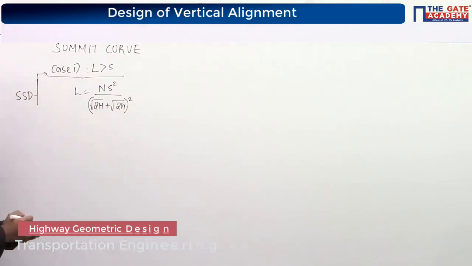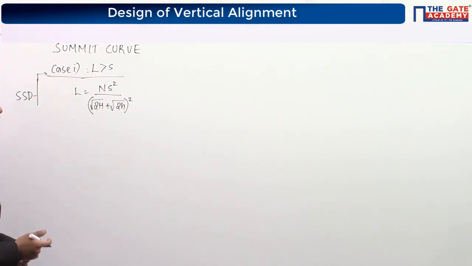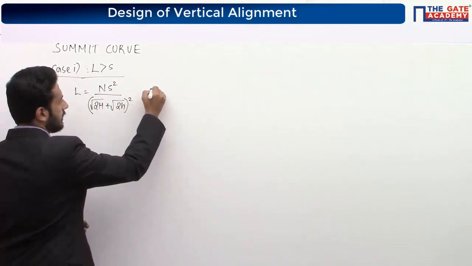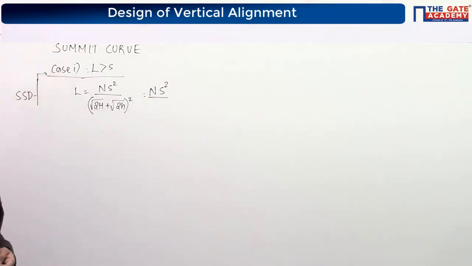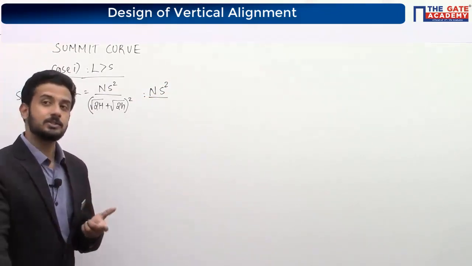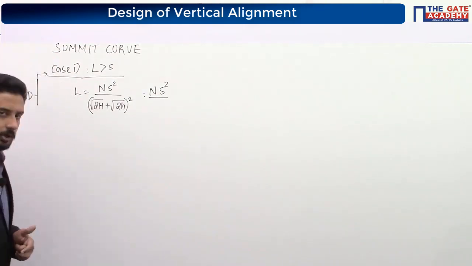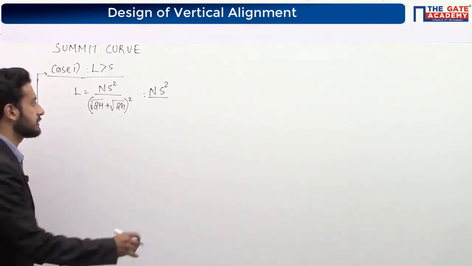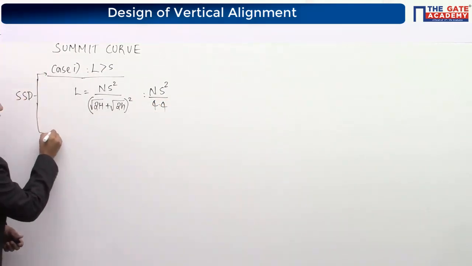Just go through the equations again and again. Then only we will be remembering it, okay? In case they are not giving capital H and small h, we are going to assume that capital H is equal to 1.2 meters and small h equal to 0.15 meters, right? 4.4. What was the case 2?